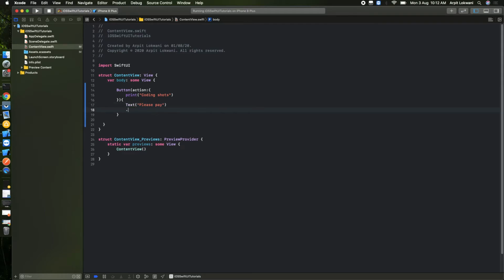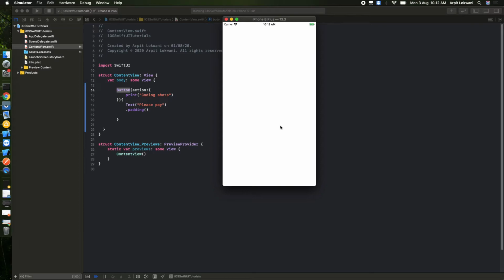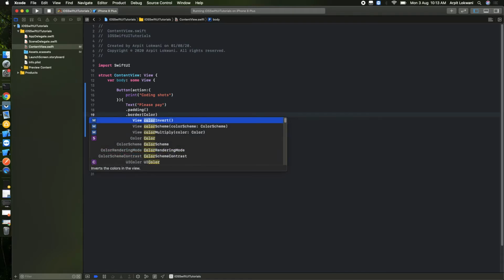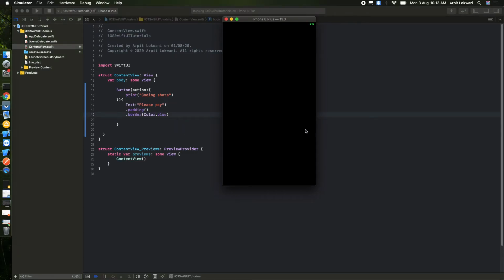Some modifiers we can add: padding, and a border also. I think it's fine. Let's see what happens now. We'll see what the frame of the button will be. You can't see this because the border is not added, so we can add it. We can say color dot blue will be fine, and align this also. Let's make it look pretty. So you can see the border now.